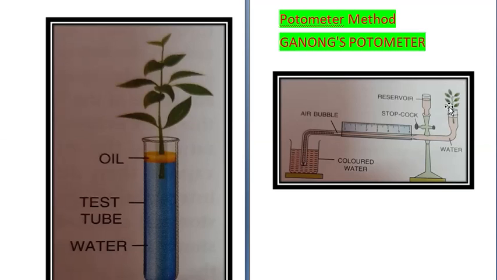Now there are some precautions when using a potometer. The potometer should be made completely watertight, and the twig should be obliquely cut. Obliquely means in a slanting way, cut to allow large surface water intake, and it should be under water to avoid suction of air bubbles. There are some limitations for using a potometer. Introducing the bubble is not easy. The twig may not remain fully alive for a long period of time, and any change in the outer temperature or humidity may affect the position of the air bubble in the capillary tube.